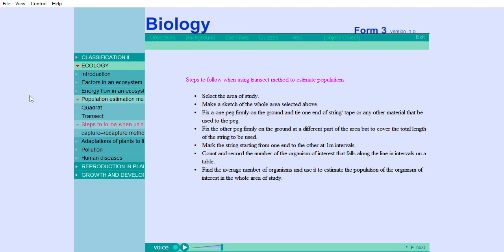Steps to follow when using transect method to estimate populations. Select the area of study. Make a sketch of the whole area selected above. Fix one peg firmly on the ground and tie one end of string or tape or any other material that can be used to the peg. Fix the other peg firmly